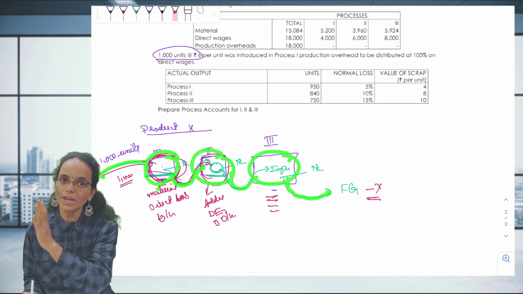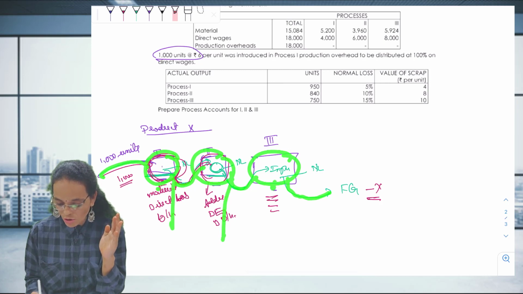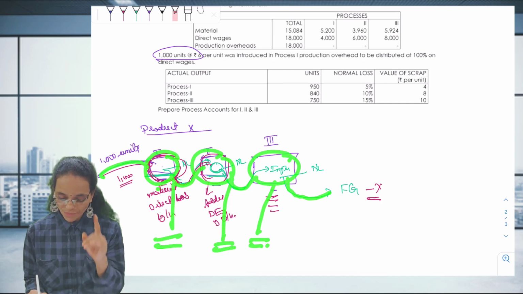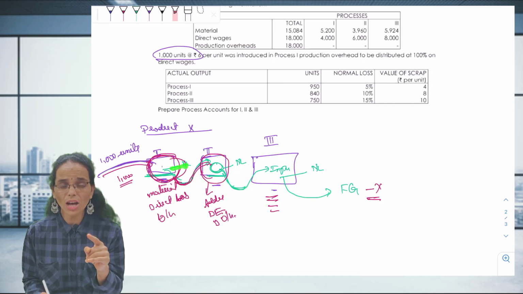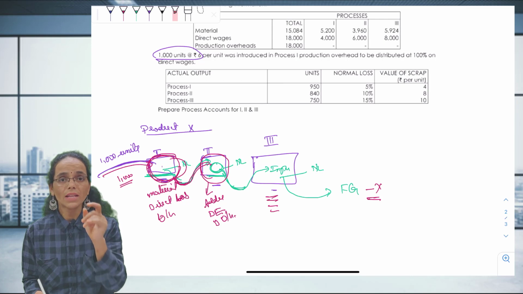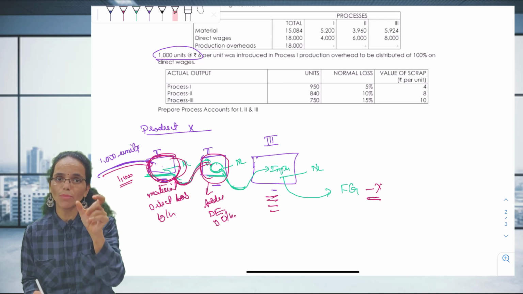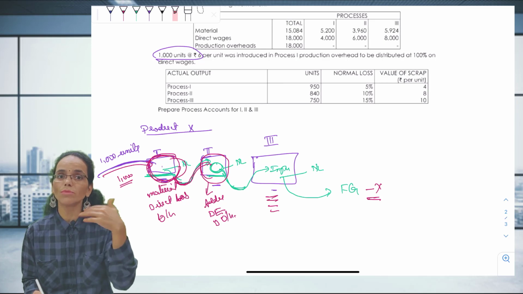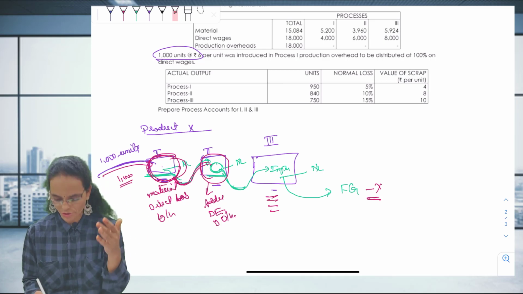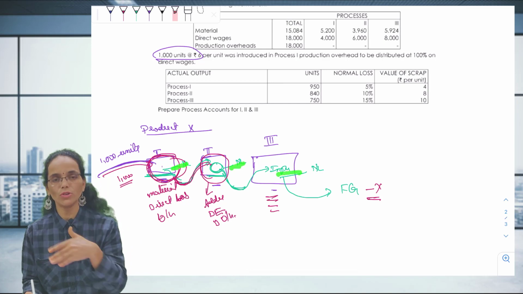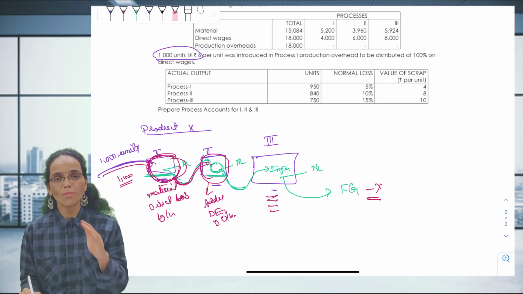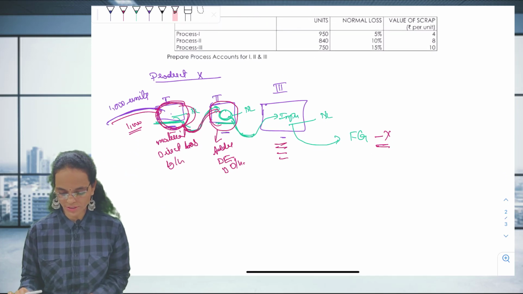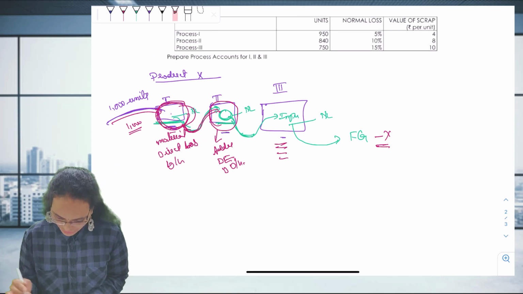We need to check the complete chain, in which process what is the cost we have incurred and what is the cost per unit in every process. At the same time, when the normal units are sold in the market, the amount that is going to be realized has to be reduced from the cost of the material or cost of the production. So we will do one practical problem, you'll understand. But this is a concept of process costing, right? If you understand this concept, definitely the problem is very much easy.